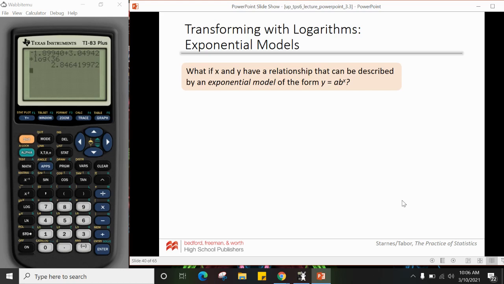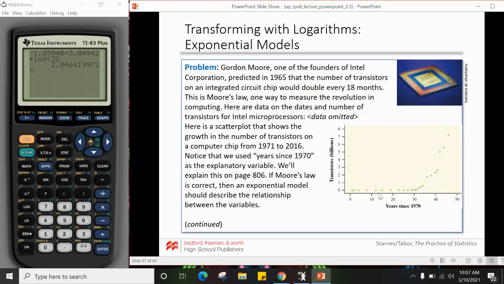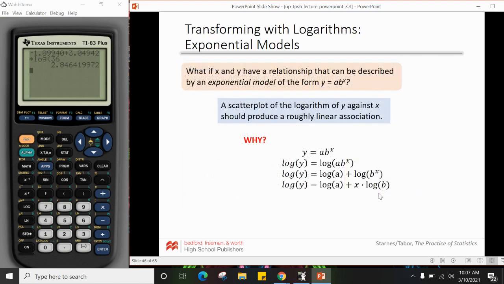So now, what if x and y have a relationship that can be described by an exponential model with the form y equals a times b to the x? So a scatter plot of the logarithms of y against x should produce a roughly linear association. Why? Well, same idea. I could take the log of both sides. Again, I'm going to split them up. Boom. So I can pull that x down again, and that's how I get the x out of the exponent here. So it's basically looking like, regardless of if it's a power or an exponential model, I can actually just log both sides and see then, hey, is this linear or